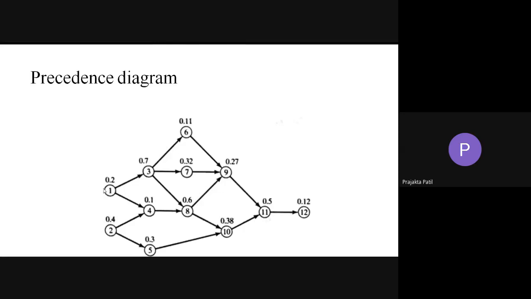The round circles with numbers are the nodes which represent the work elements, and the arrows are the precedence requirements, the way the precedence has to be followed. For example, to go for the third operation you first have to complete the first operation, then only can you jump to the third one. Like this you have all the work elements placed in a sequence.